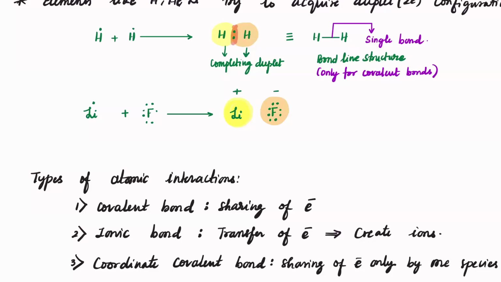Fluorine acquires negative charge. In such cases, when there is a complete charge on both of the species, I would represent the bond like this, Li plus and F minus. And notice, there is no line I'm drawing between them. In such a case, without any line, if you're just representing two ions in the bracket like this, then we refer to this as ionic bond,